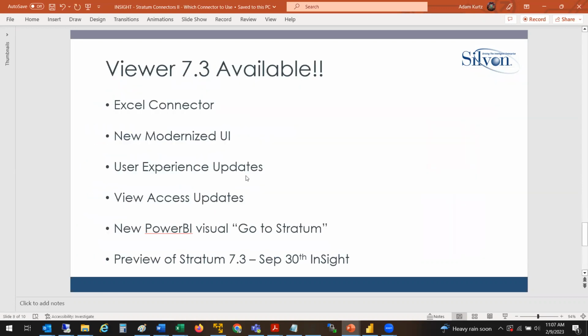Version 7.3 is what you would need to take advantage of the connectors, although it's not the latest release that we have. 7.4 is now available, but you would need to be at least at 7.3 to take advantage of some of these connectors. If we were to go in and take a look at how they work, we can